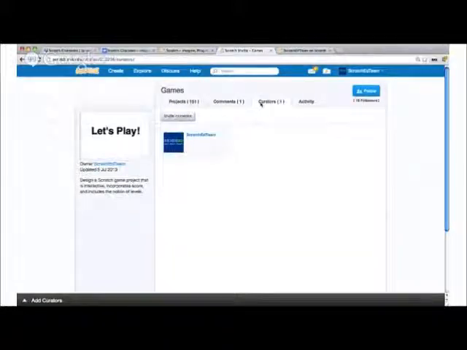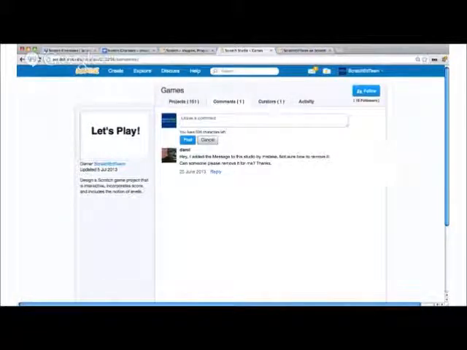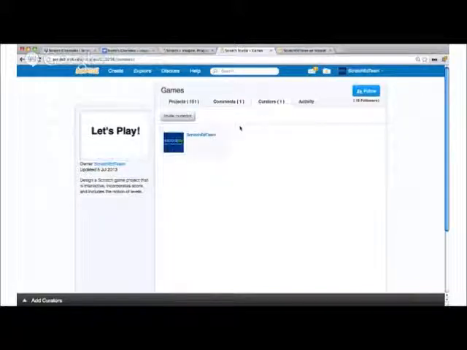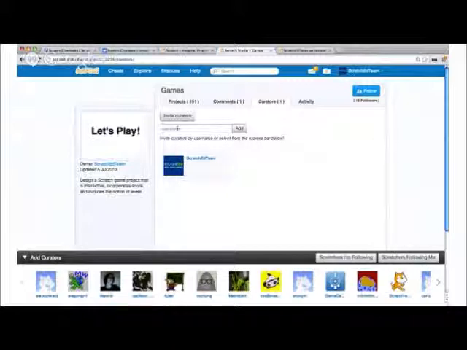So there's the third tab here. There's projects, comments. People can also comment on your studio, and you can also add curators. So here there's a button to invite them, and you can add your students each of their usernames and add them as curators. So then they can add their projects as well as other projects to the studio. So you would just have to go through and clarify that that's the option that you're using, and I think they would get a notification up here in their little message mailbox that they are now a curator to a particular studio, and that could